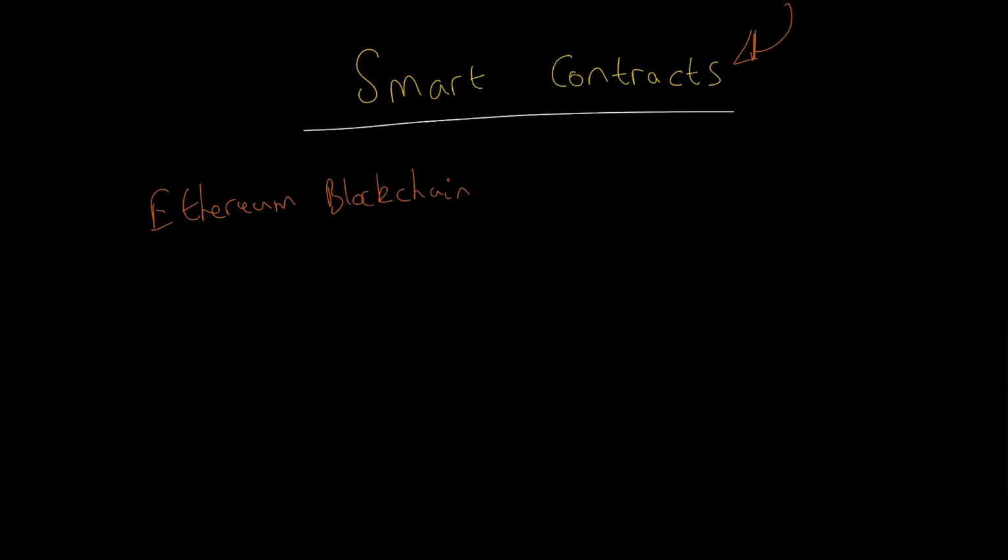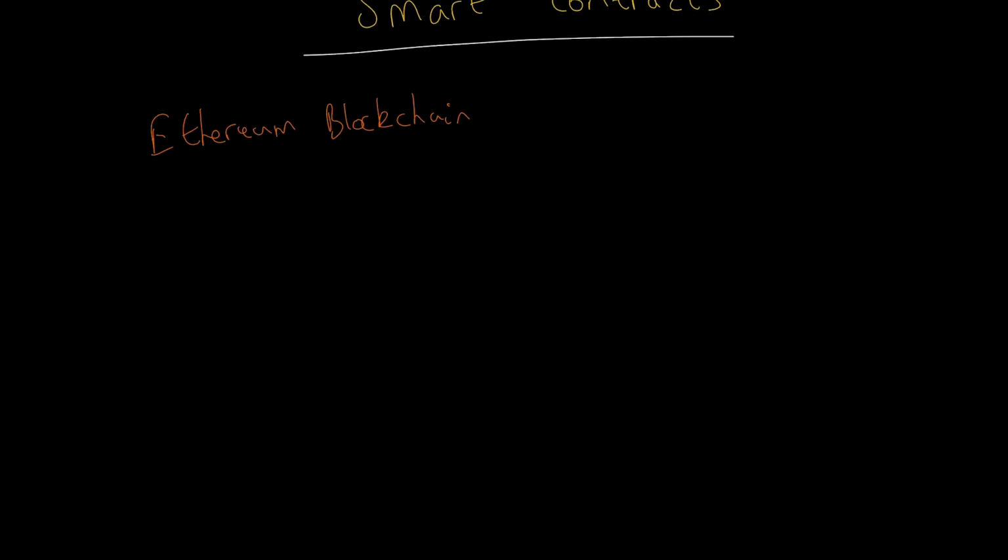blockchain. So the term was first used in 1997. This is just going to be a quick history of smart contracts, and it was used by a man called Nick Szabo, who was a computer scientist, a law scholar, and a cryptographer, so quite a heavy hitter. He was talking about smart contracts, basically cutting out the middleman, and he gave a few examples. We'll be covering some of those later on in this video.